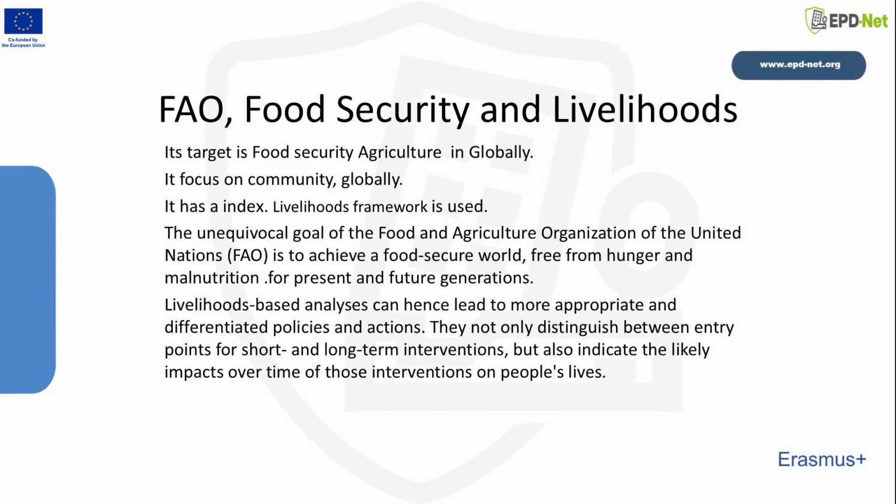The FAO Resilience Framework for Food Security and Livelihoods focuses on strengthening the ability of vulnerable populations to withstand and recover from shocks that threaten food systems and livelihoods. Its target group is rural communities, farmers and pastoralists, national governments and development agencies. FAO defines resilience as the capacity to absorb shocks, adapt to changing conditions, and transform systems when necessary. The framework integrates agricultural productivity, market access, nutrition security, institutional support and risk management systems.